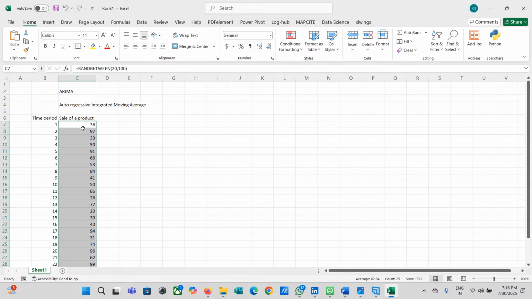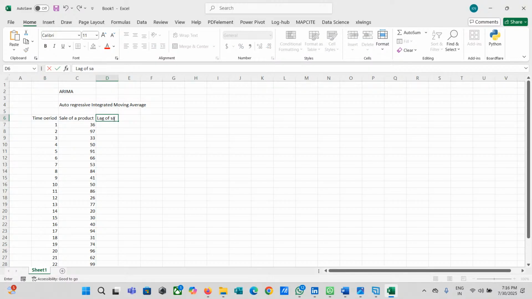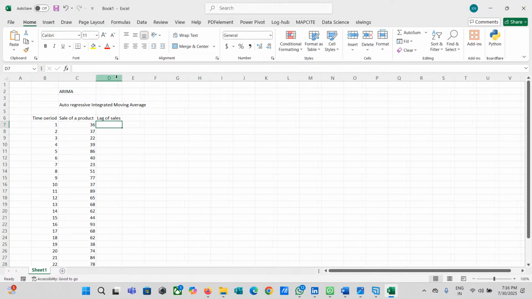So this is my sales, and in autoregressive, the meaning of auto is that we are trying to create the independent variable from the dependent variable. To get the independent variable from the dependent variable, I'm going to take the lag of this sale. Taking lag 1 means asking what is the probability that the period 1 sale is influencing the period 2 sale, and the period 2 sale is influencing the period 3 sale. It means we have a pattern where the past period is impacting the exact consequent period's sales.